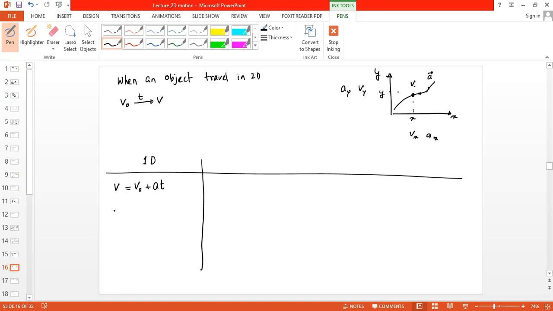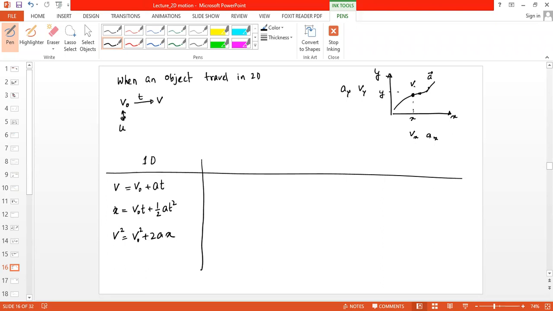And then displacement x equal to v0 t plus 1/2 at square, and v square equal to v0 square plus 2ax. আমরা বলি v equal to u plus at, s equal to ut plus half at square, এখানে u মানে v0 আর x মানে s।